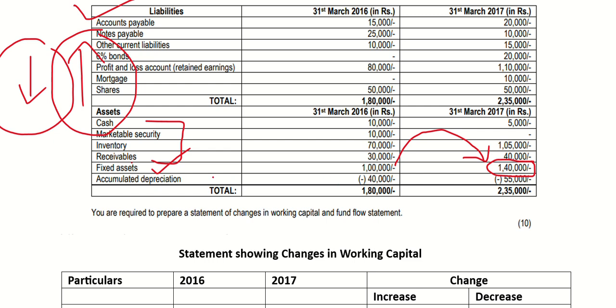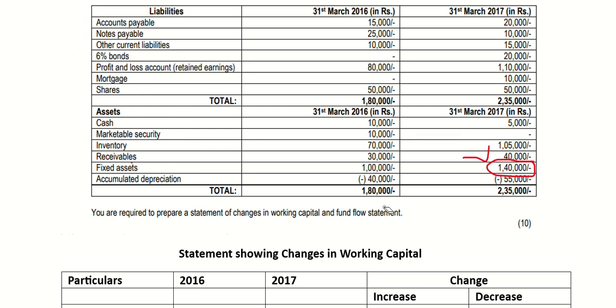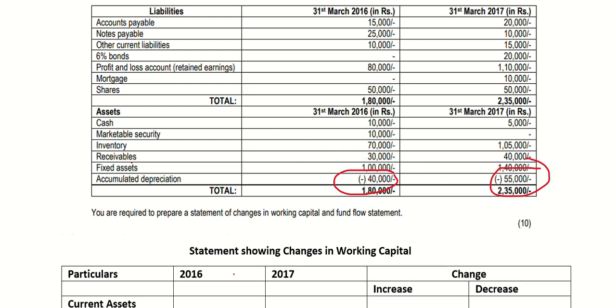Similarly, we have accumulated depreciation. Accumulated depreciation has some special treatment in the fund flow statement. Just forget it, we are not going deeper. We just need to learn the basics. We can see what we have written. Here it is a 40,000 negative balance in 2016. It was a 55,000 negative balance in 2017. Try solving this with a calculator. You can find that the change happened here is an increase of